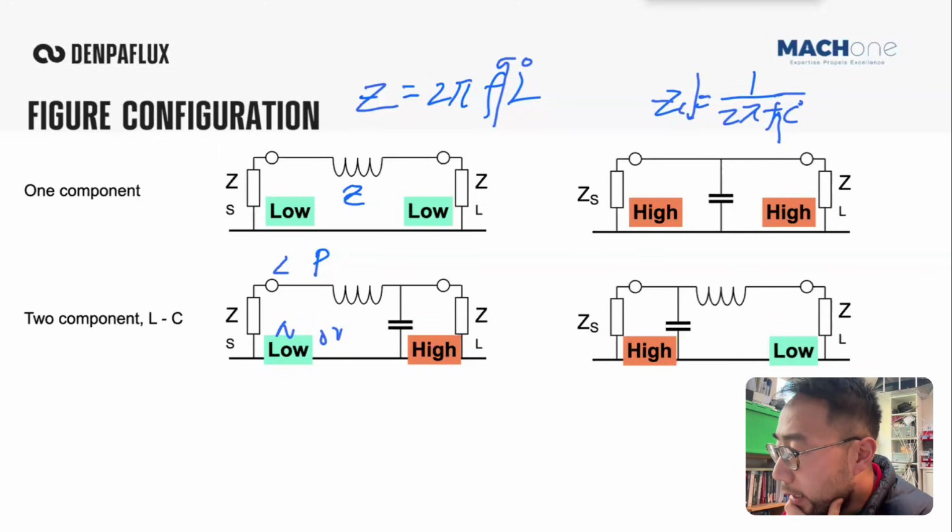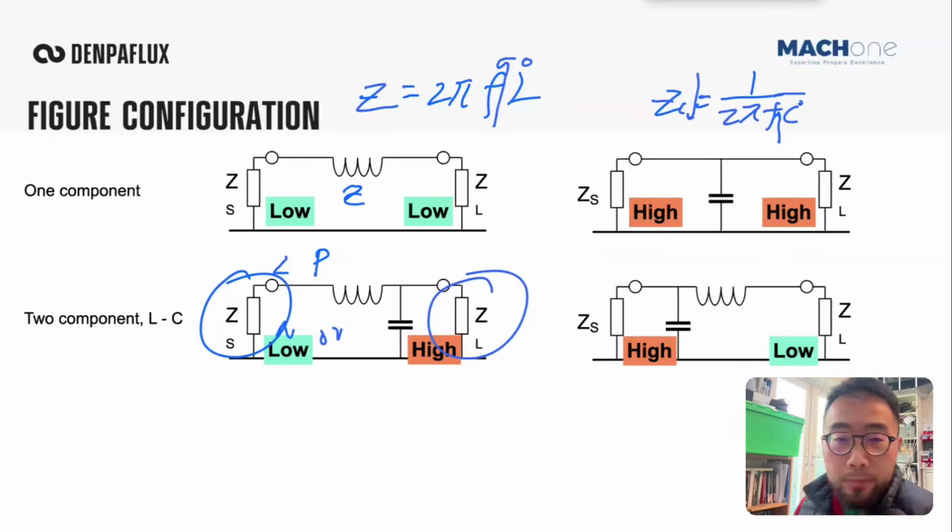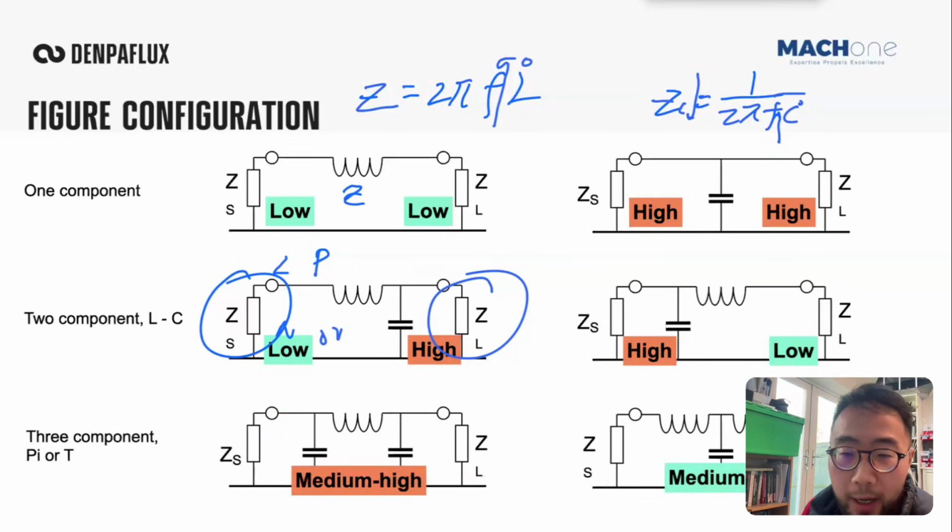But really, you can see the performance of a filter depends on two things. One is the source impedance, okay? And the other one is the load impedance. So depending on whether it is low-high, high-low, or low-low, you could have very different performance, okay? That's why most of the time people opt for a more sophisticated filter configuration, such as